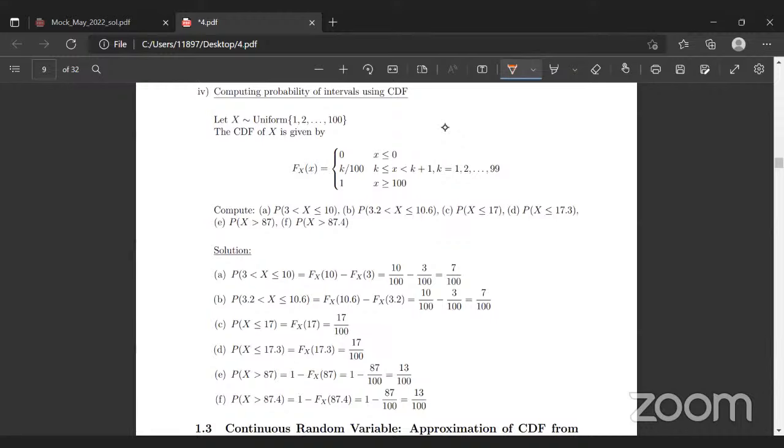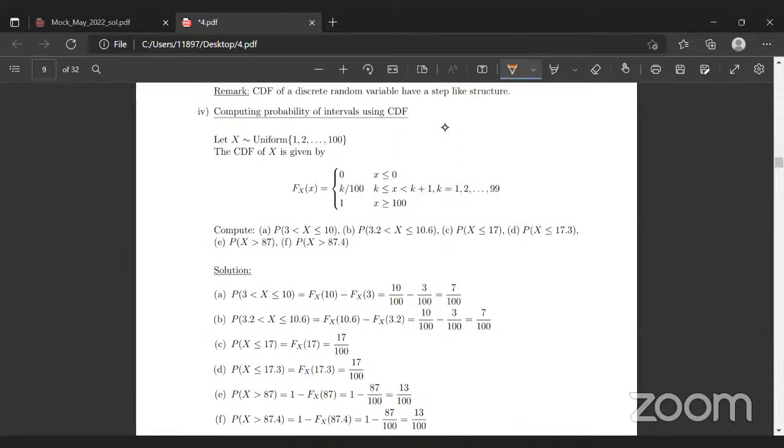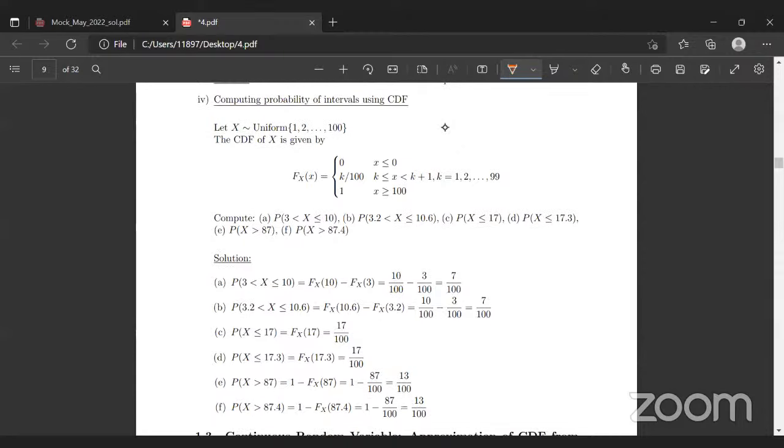Okay, I think this is a good example. This was done in the lecture. So this whole thing was from the lecture. Okay. Now, in this case, we have considered x to be a discrete random variable, which is uniform in 1